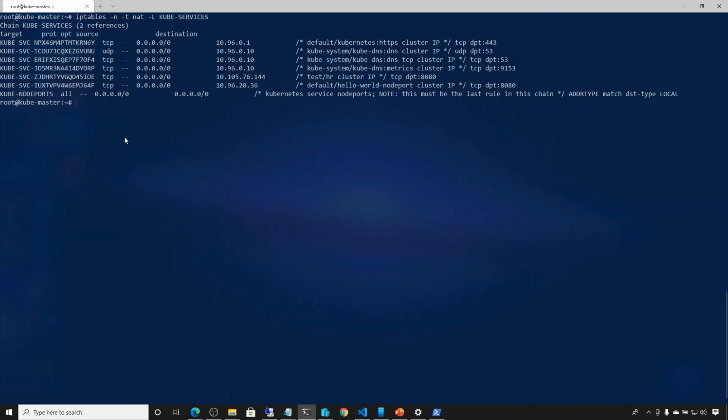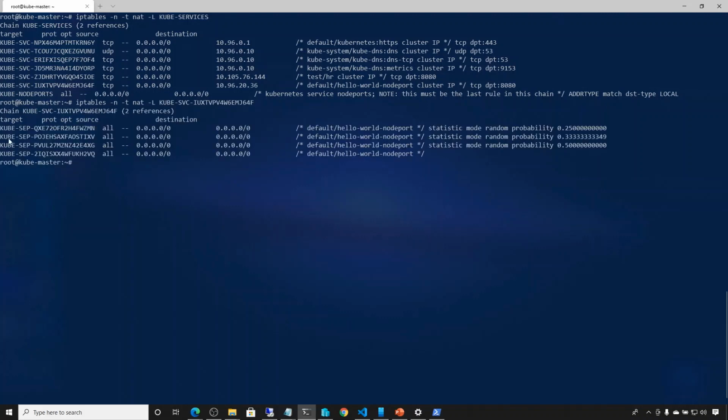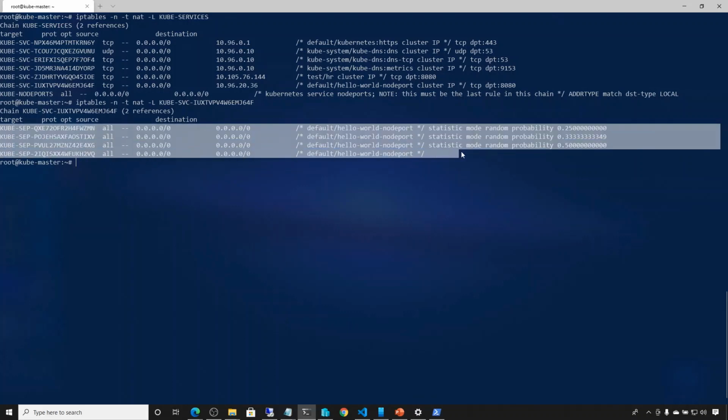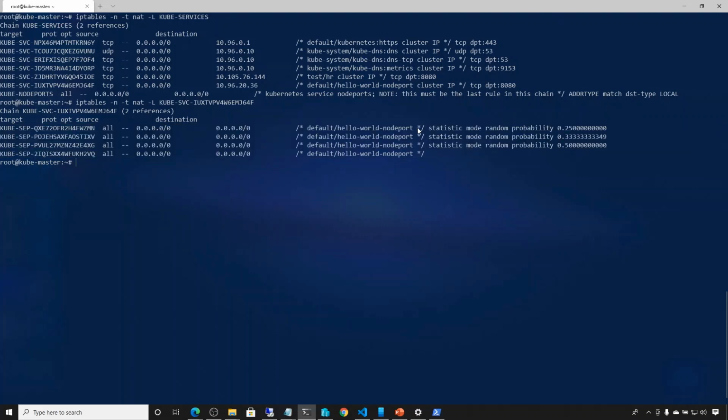So let's go ahead and look inside this chain. And you will see that there are 4 rules, and each one corresponds to a pod. This is where the load balancing actually occurs. So when we hit that IP address and it comes inside this, one of these is selected. So let's look at the criteria. The first one says